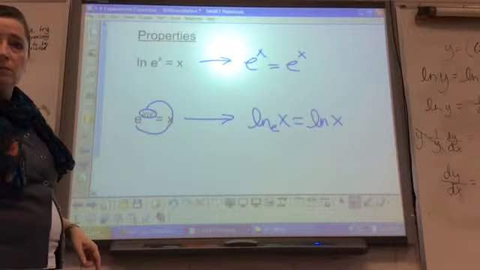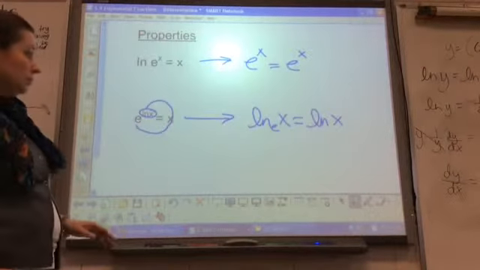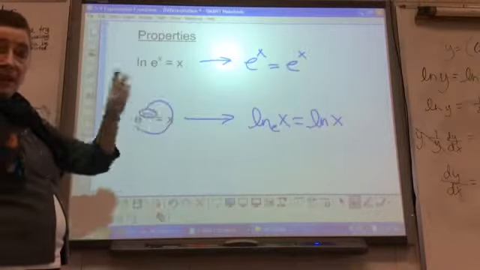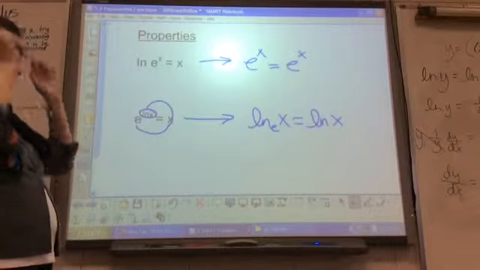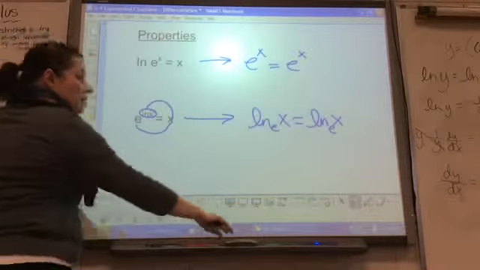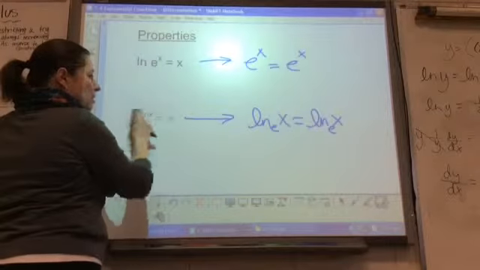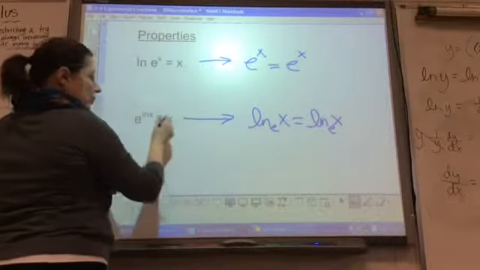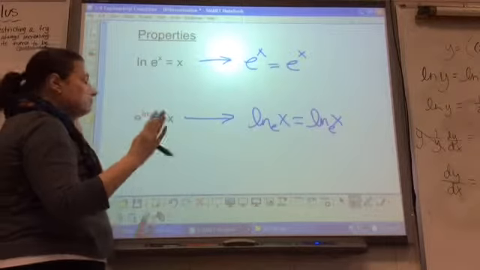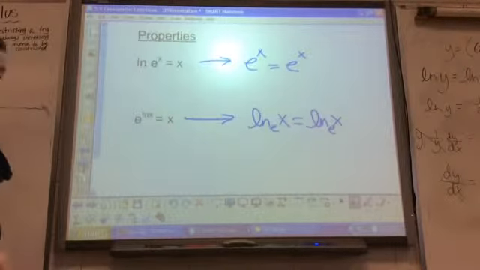No. Okay. This ln of x technically was the x. But these are the same. Yeah, I was about to say they equal. They equal the same. So these are two properties. I wouldn't memorize them, but if you ever were working a problem and you got to that, it could help you out. All right. So let's